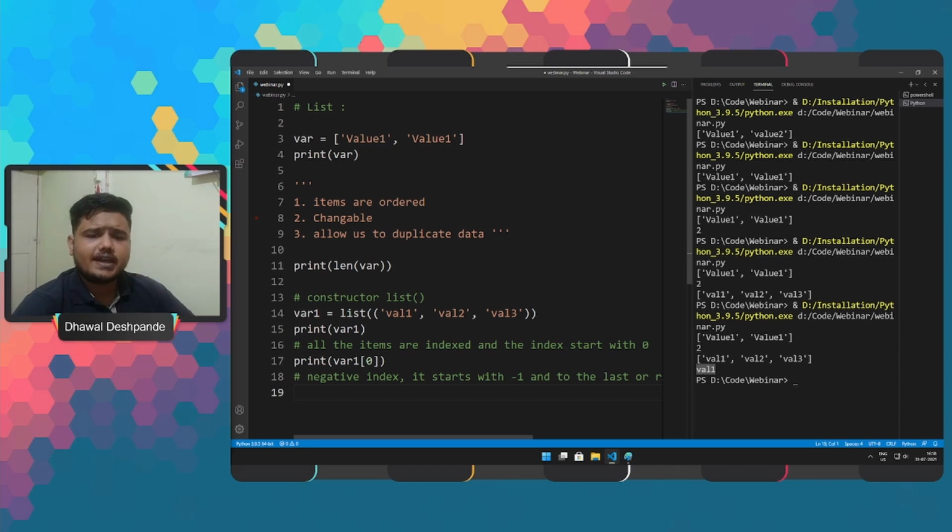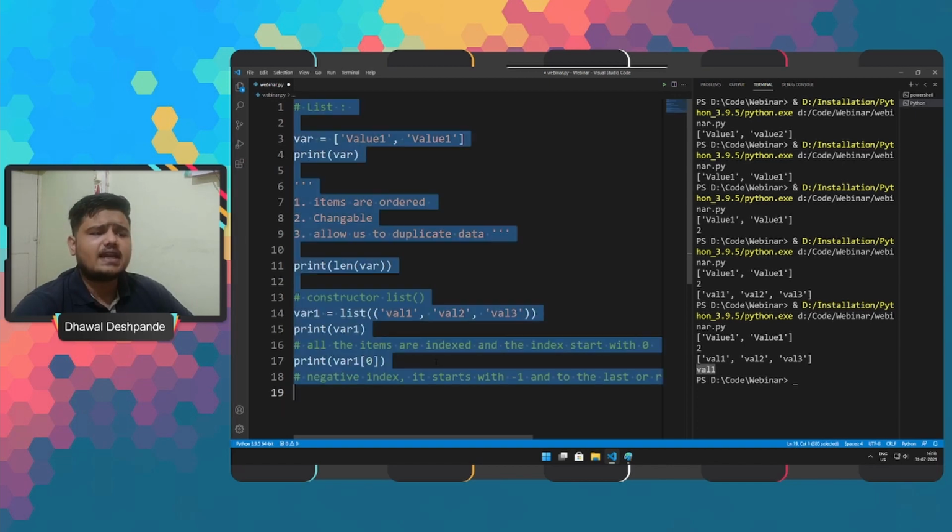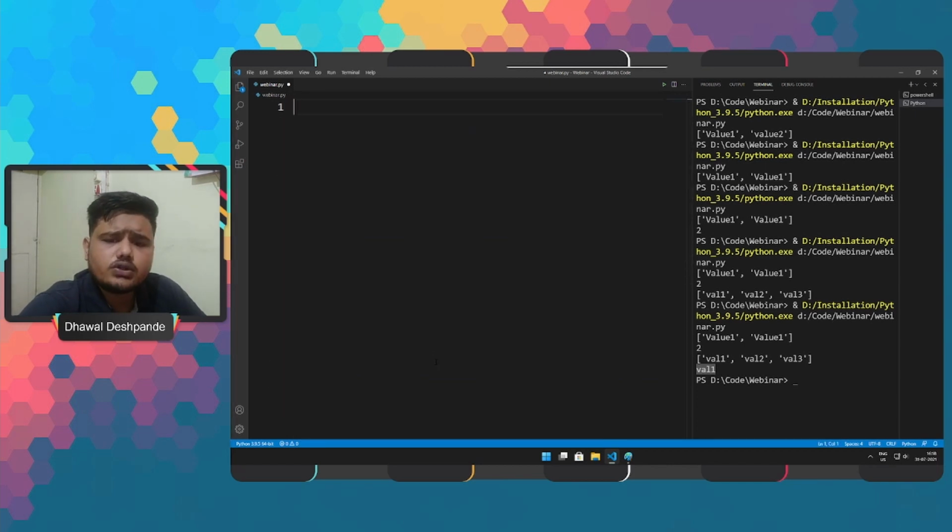So moving on to the next data type, which is tuple, right? We have seen what exactly a tuple is, and also we have seen how we assign a tuple to a variable.